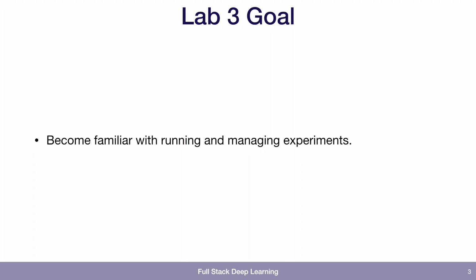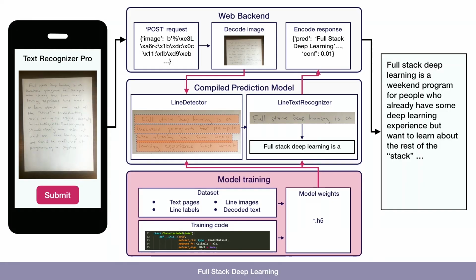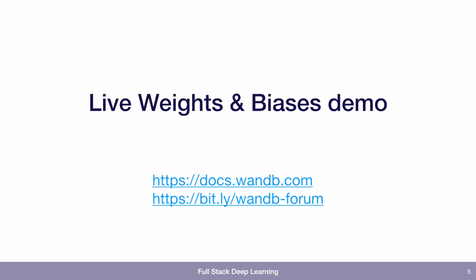So the goal of this first lab is just to get some familiarity with the Weights and Biases tracking tool. But I think the concepts here apply to any experiment tracking tool that you'll find, as well as running experiments in parallel. So in terms of our big picture full stack deep learning experience, we're really just focusing on model training here. Before I dive into this,